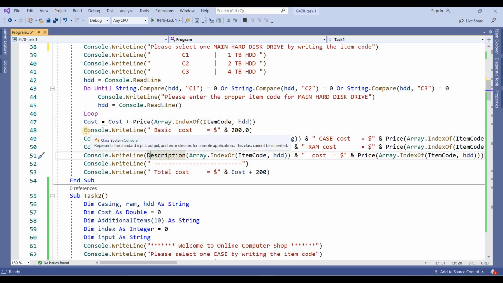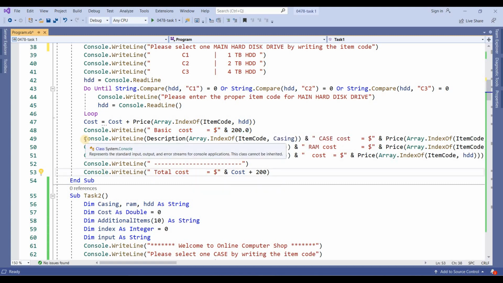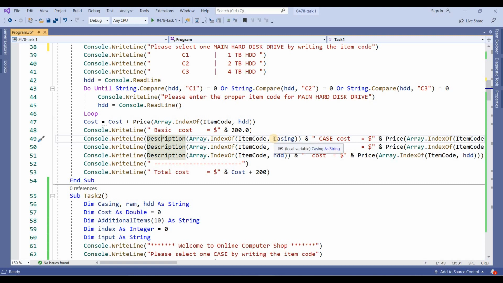After this, what I have written is Console.WriteLine basic cost. Basic cost means 200. Here you will show the description. Description means you want to show the description of the item, the values that you have stored into the casing.